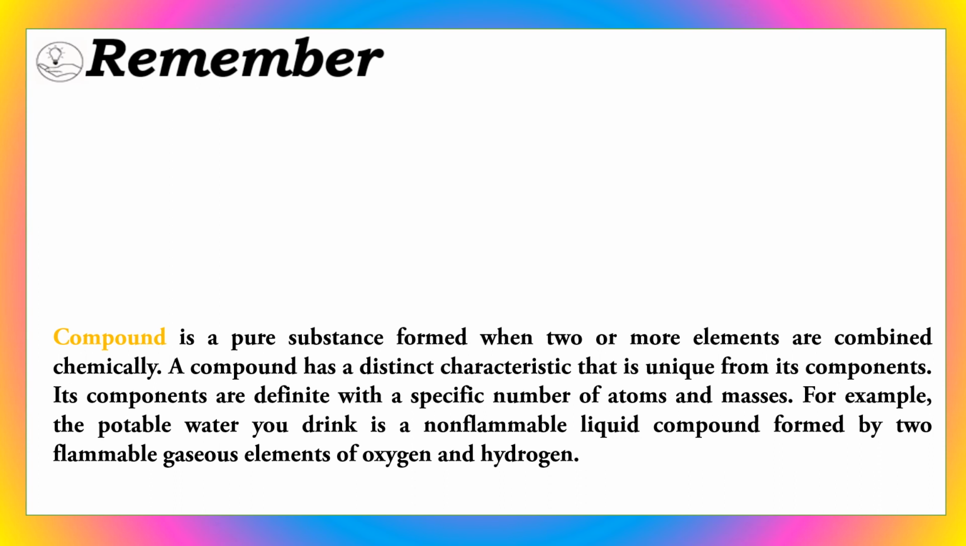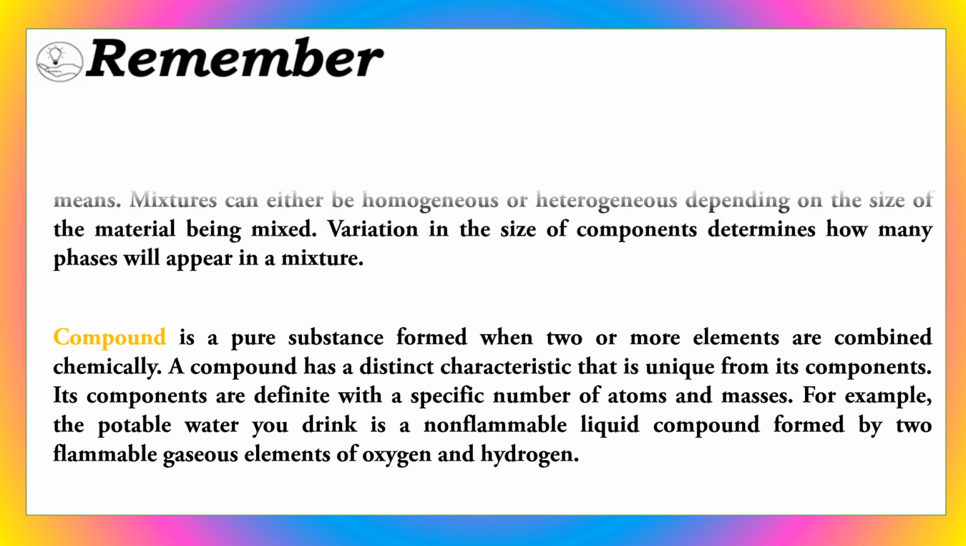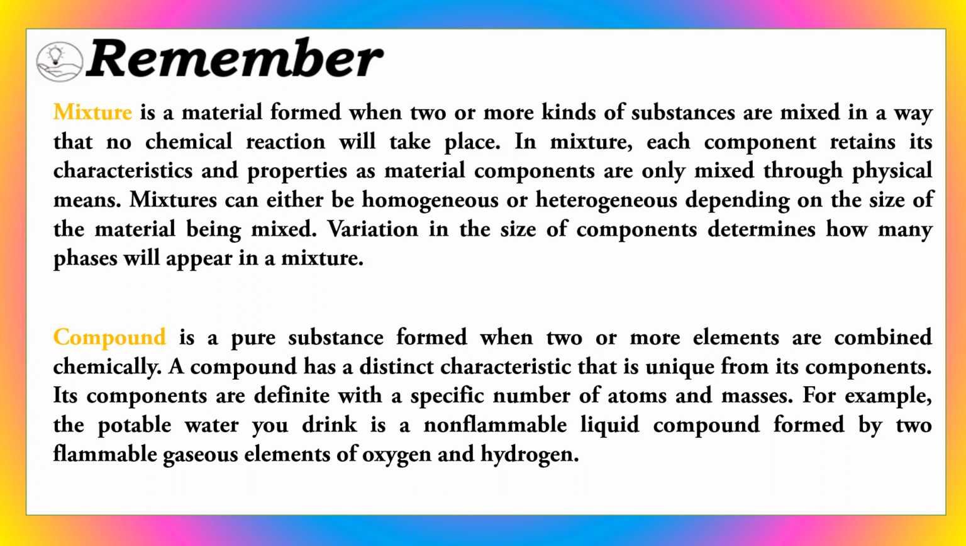For example, the potable water you drink is a non-flammable liquid formed by two flammable gaseous elements, oxygen and hydrogen. And a mixture is a material formed when two or more substances are mixed in a way that no chemical reaction will take place. In mixtures, each component retains its characteristics and properties as the components are only mixed through physical means. A mixture can either be homogeneous or heterogeneous depending on the size of the material being mixed. Variation in the size of components determines how many phases will appear in a